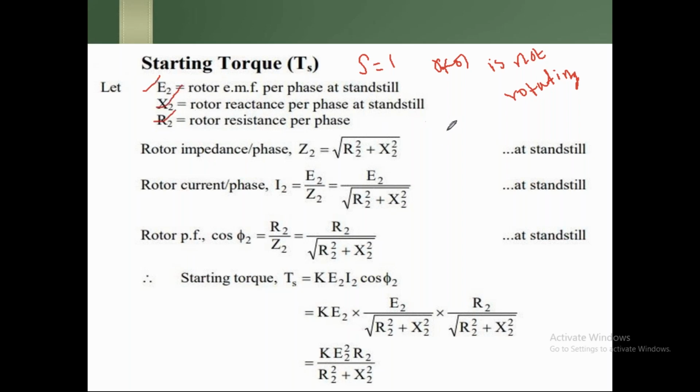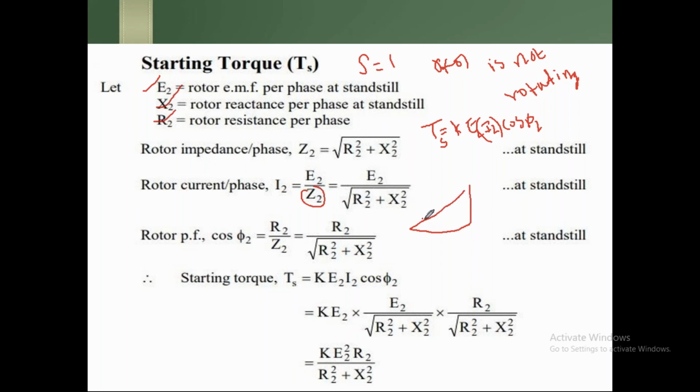Now here we know the torque equation, right? T is equal to K into E2 I2 cos phi 2. So this is the torque equation. Now I am going to represent here Ts, that is starting torque, is equal to K into E2 into. So here I can write I2 by the replacement of E2 by Z2. So E2 divided by square root of R2 square plus X2 square. So how can we get this value Z2 as R2 square plus X2 square? From the right angle triangle,